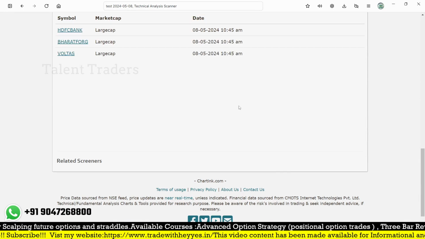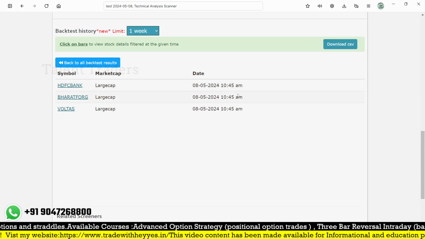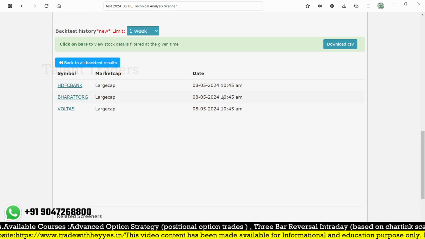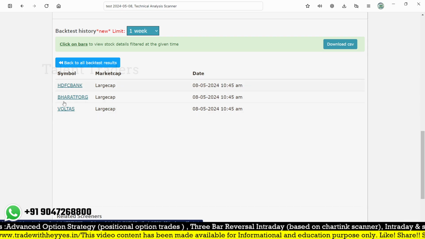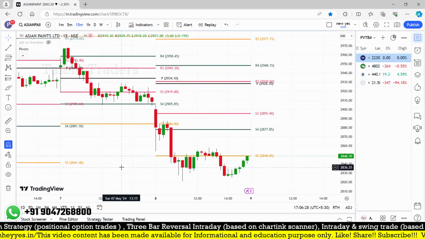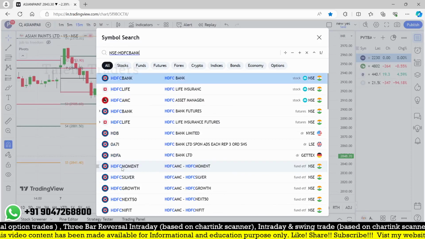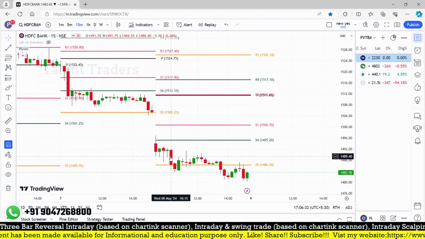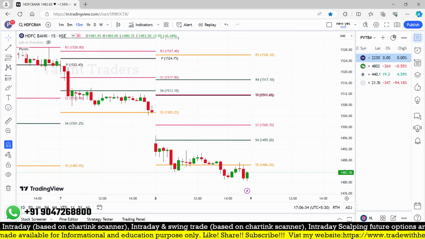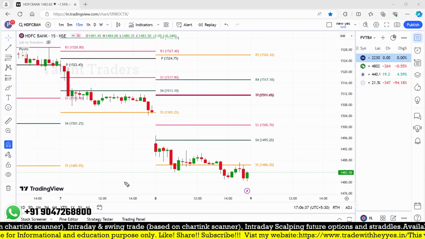You can see very few: Voltas, HDFC Bank, Bharat Forge at 10:45. Previously you were looking at the 10:15 candle, but it is showing you the 10:45 candle. What is it showing on HDFC Bank? Based on the condition that we are looking for, this candle exactly opens below the Camarilla S5